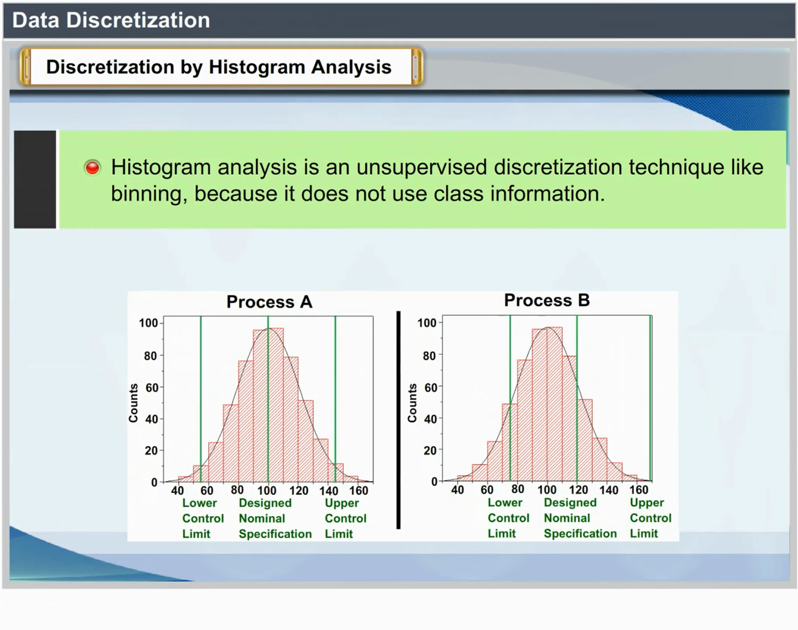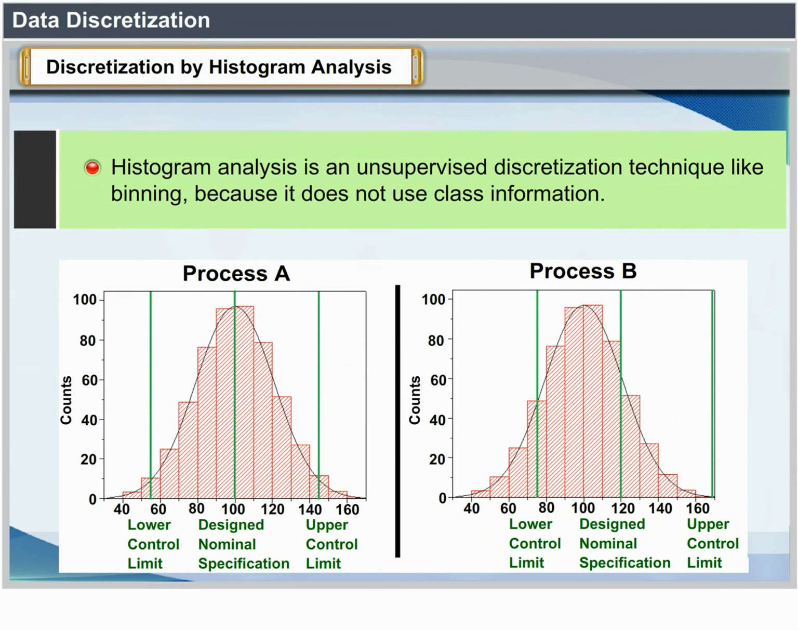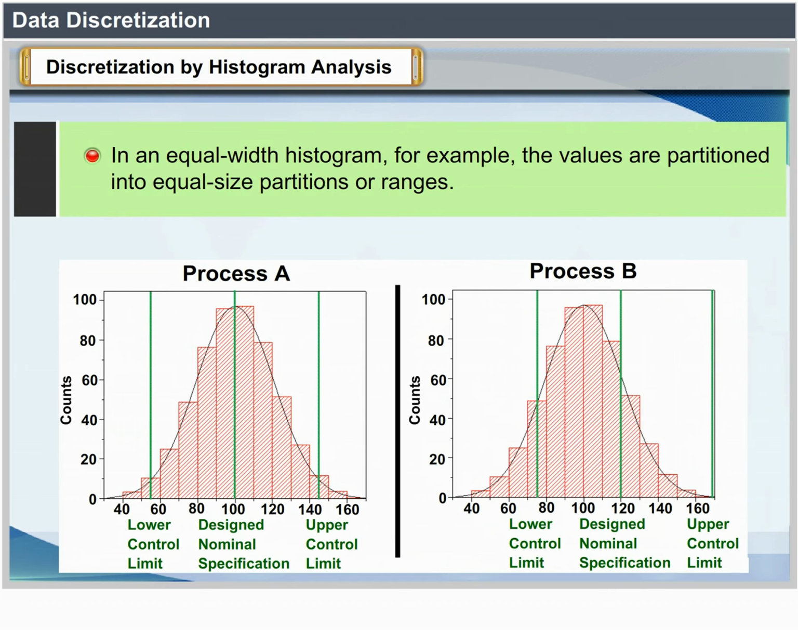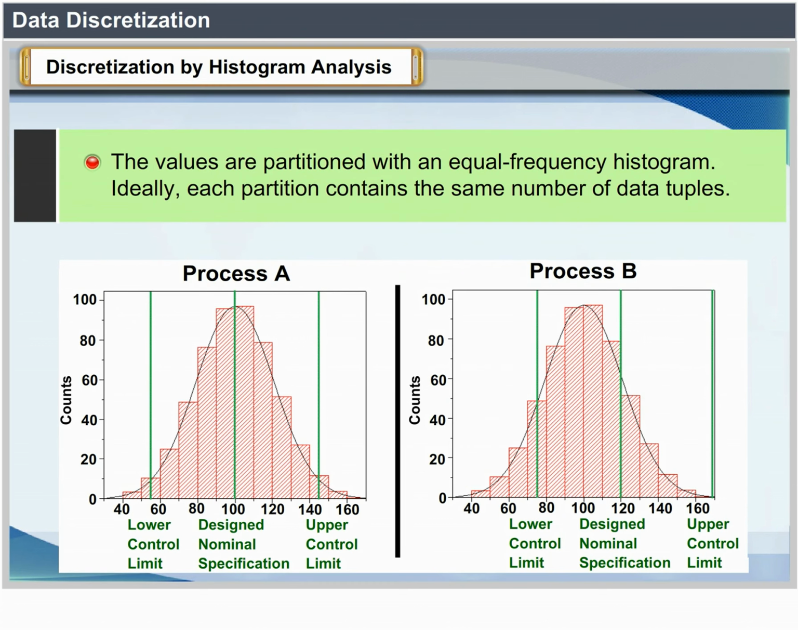Discretization by histogram analysis. Like binning, histogram analysis is an unsupervised discretization technique because it does not use class information. A histogram partitions the values of an attribute A into disjoint ranges called buckets or bins. Various partitioning rules can be used to define histograms. In an equal width histogram, for example, the values are partitioned into equal size partitions or ranges. With an equal frequency histogram, the values are partitioned so that ideally each partition contains the same number of data